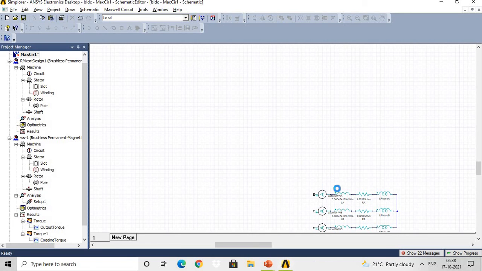Here the file is converting into the 2D design, and you will get an idea about the circuit, that is, the supply circuit for this motor. If you want to do research related to motor design, then you can go through this procedure.